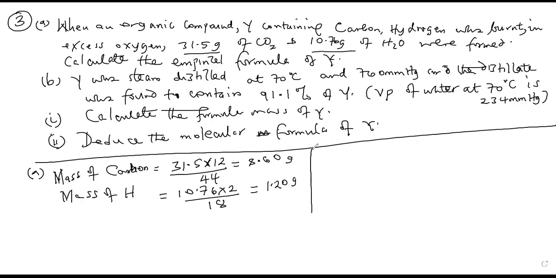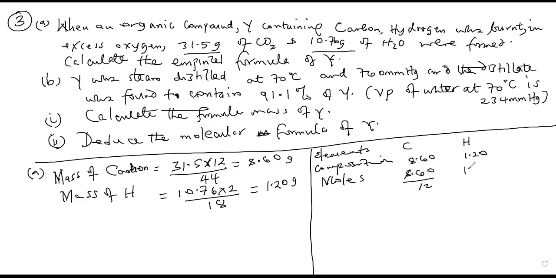Then now, to get the empirical formula, we still remember the steps, right? We need elements, carbon, hydrogen, percentage composition, but this time around we have composition by mass. Composition of carbon is 8.60, while the other is 1.20. After the composition, we can get moles. Moles, we divide by the atomic masses: over 12, 1.20 over 1. When you divide 8.6 by 12, it's 0.717,